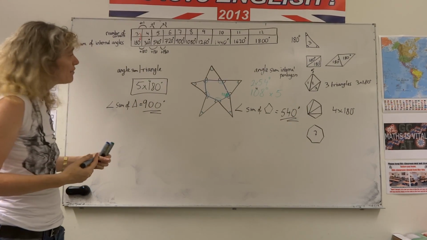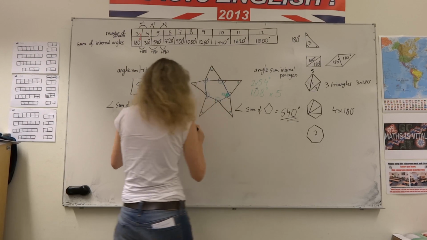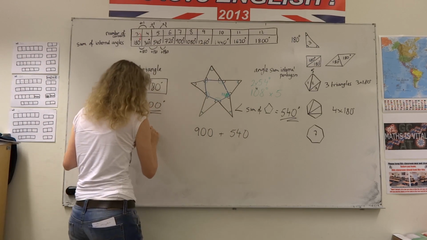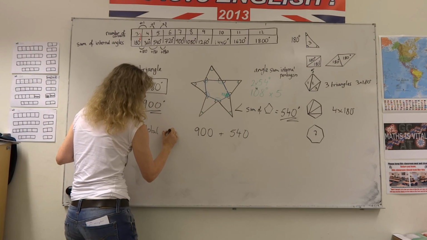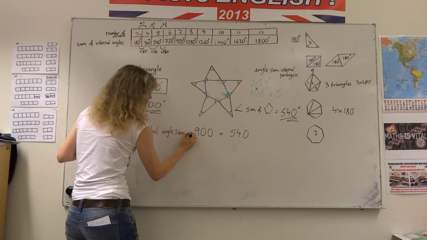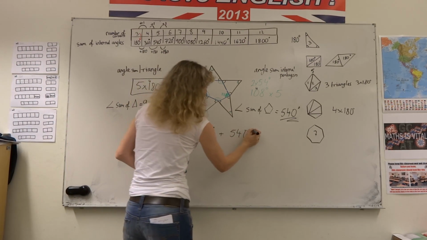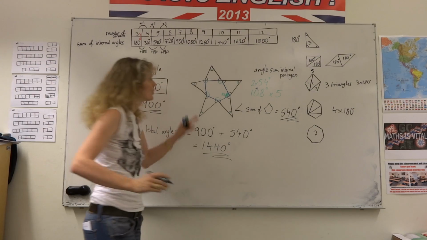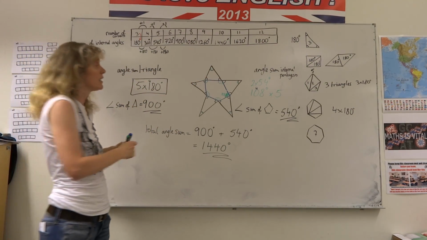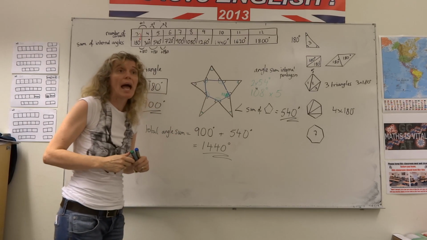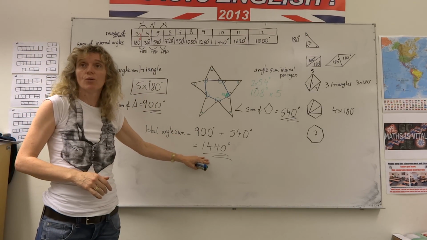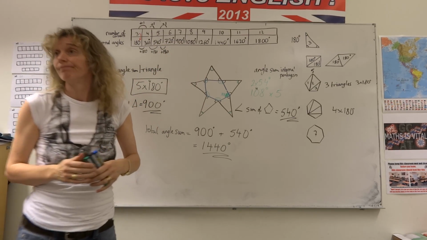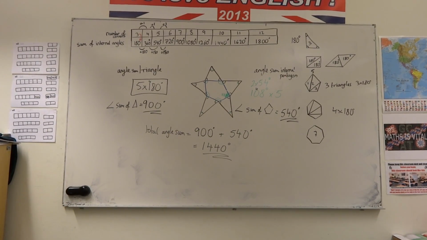So the angular sum of everything inside the star will be 900 from my triangles plus my 540. So the total angular sum will be 900 degrees plus 540 degrees, giving me 1,440 degrees. So for my pepper cake baking, if I was interested in knowing what the sum of all the internal angles are, it would be 1,440 degrees. And the easy way to get that is to split it up into small shapes. Did anybody